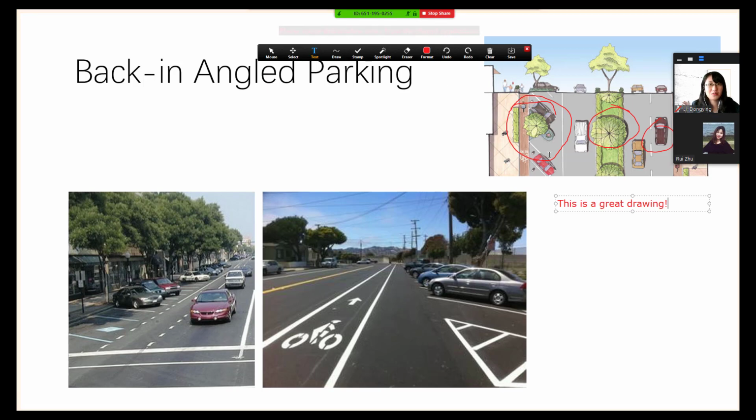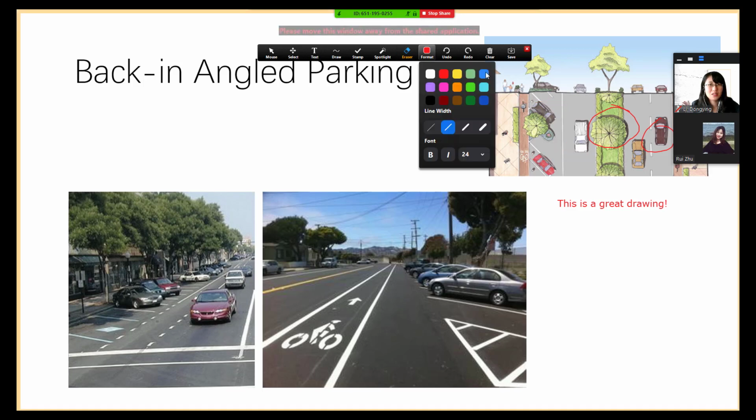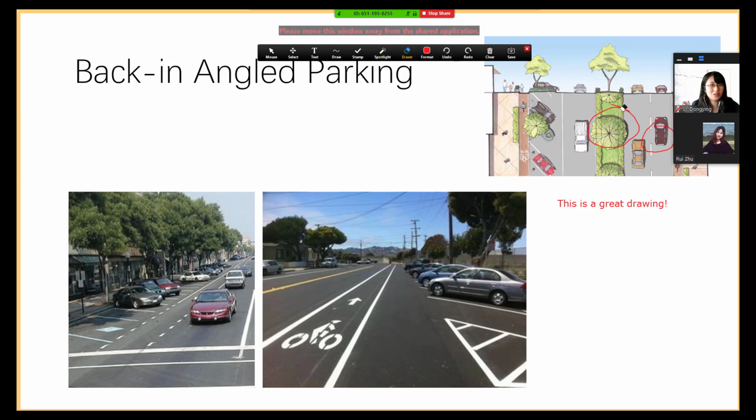If I would like to erase something I drew, I can go to the eraser tool and erase it. If I would like to clear everything that I did, I will hover over clear and do clear my drawings. If other people also put some annotations on it, I can go ahead and clear all